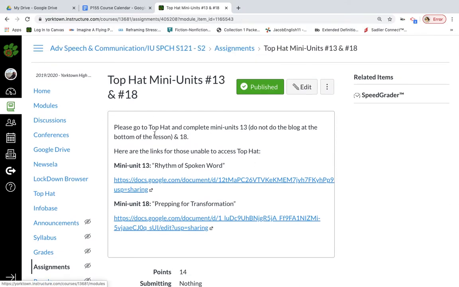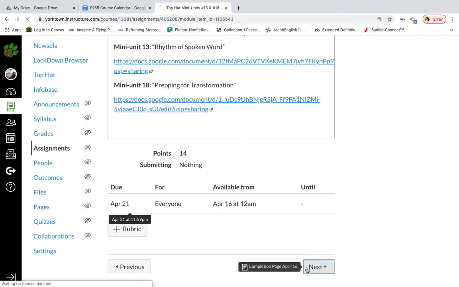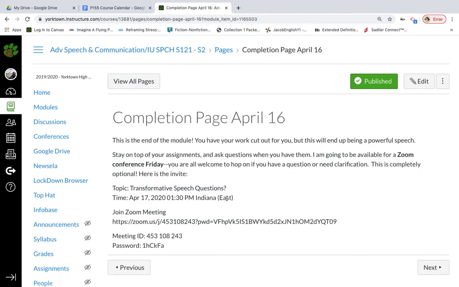But one of the things, and it's not explicit in your, well, okay, maybe it is. I'm sorry. At the end of this module, you'll see this completion page. You've got those assignments to do, but your topic is going to be due next week. I think it's, I want to say the 23rd. I honestly don't remember off the top of my head, but you're going to have a transformational speech topic thought